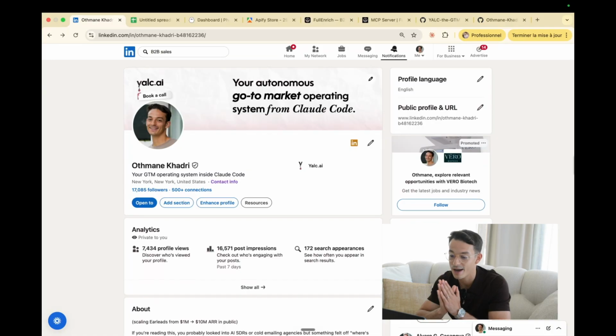So today I'm going to show you how I've been using Claude Code in particular with some other solutions to automatically scrape people who are attending an event on LinkedIn, enrich their contact data, so find their email, their professional emails and their phone number, and then eventually how we can make sure that we are using the right messaging to target them. All of this using Claude Code, skills that have been built by me and the team,